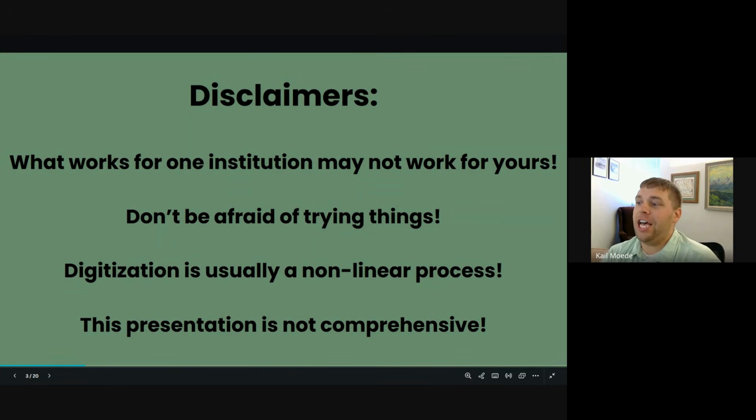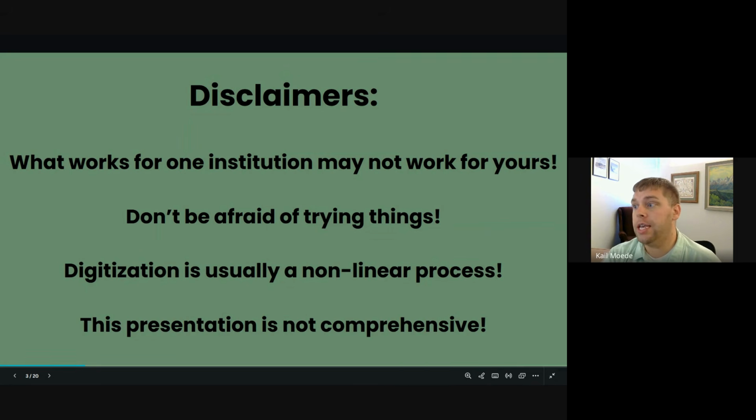I'm going to give you some disclaimers. What works for one institution may not work for yours, and that's okay. The American Heritage Center and the Wyoming State Archives are larger institutions. We are fortunate enough to have resources available that may not be available to you, but we are more than happy to point you in the direction of these resources that we know about and try to make them available to you. We also have more people, so we're able to institute some of these workflows that may not work for you. But that's the great thing about the Roving Archivist program: we can help you figure out what might work